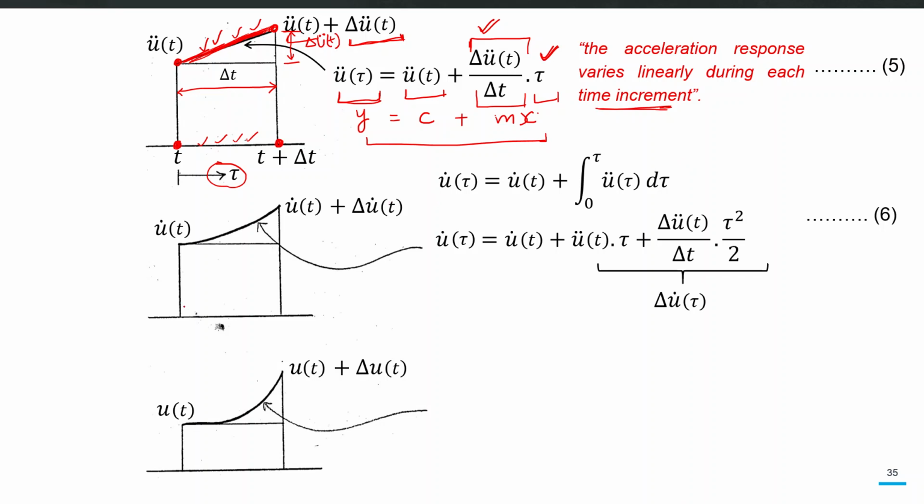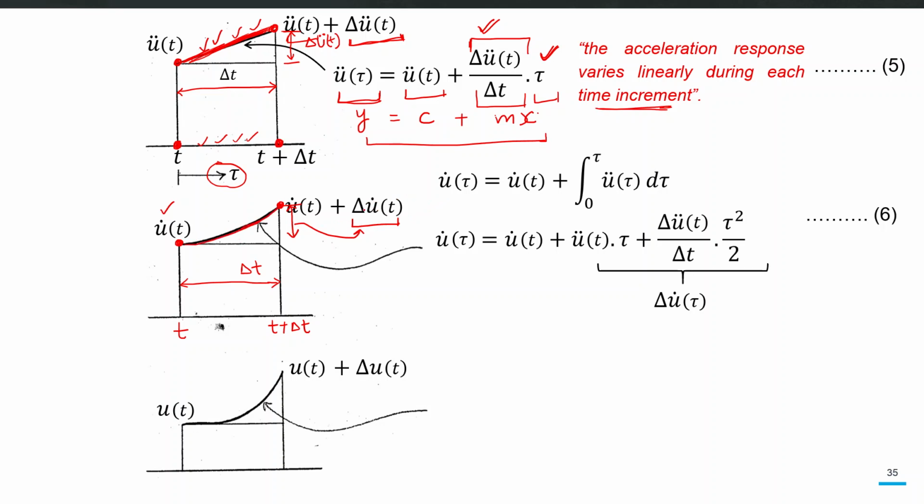How? For example, let's say this is the time t and this is the time t plus delta t, the same time interval which is equal to the width of delta t, and let's say at time t the velocity was this value, which is u dot of t, and at time t plus delta t the velocity becomes this one, which is u dot of t plus delta u dot, and delta u dot is this height, and this is the increment in the velocity value. So we can write the equation of this line,